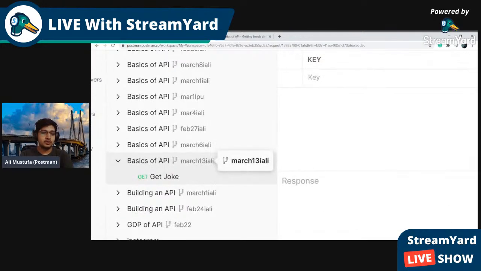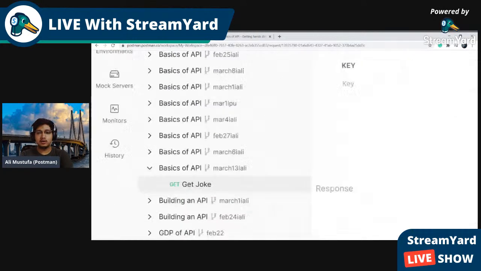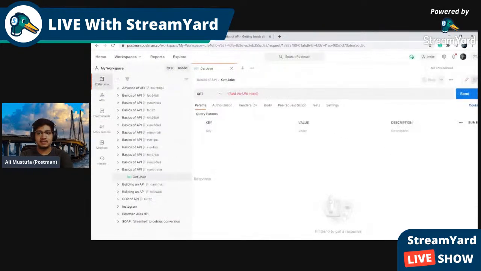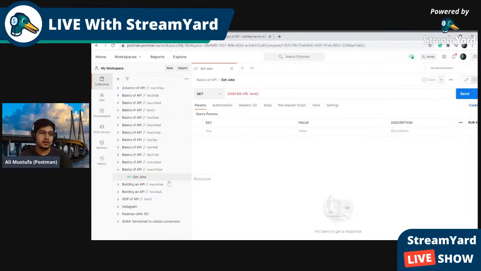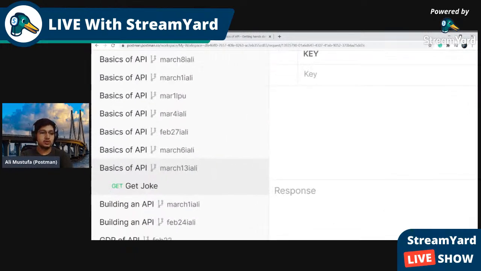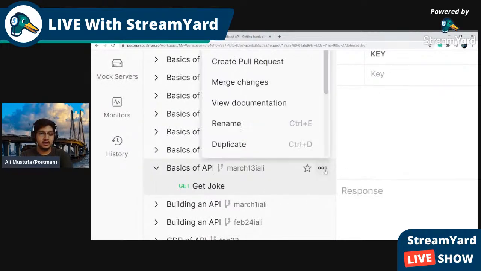So what I want you to do is click on Get Job. Okay, and here let us do a very simple thing. Let us first go to the documentation, because I don't know what the URL is here. The very easy way to go to the documentation is to hover on this collection, click on these 3 dots, and view documentation.